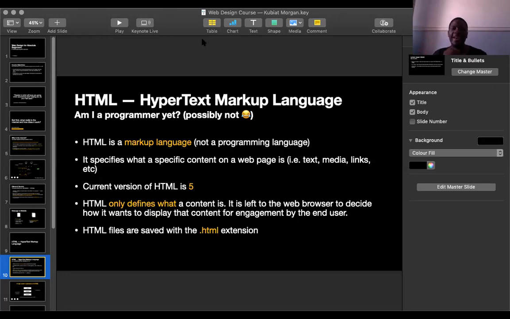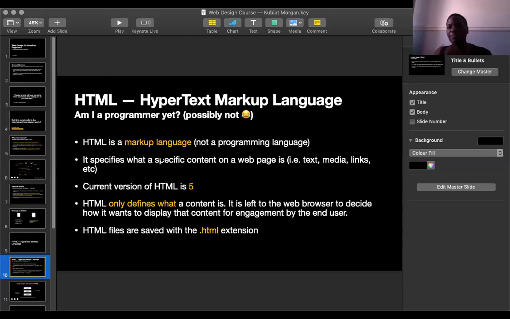However, if HTML is not a programming language and it's a markup language, what exactly does it do? We said a programming language instructs the computer on what to do. And HTML, as we see it, operates only on the client, which is your web browser, if you can remember how we defined clients in our previous slide. What does that mean HTML would do?